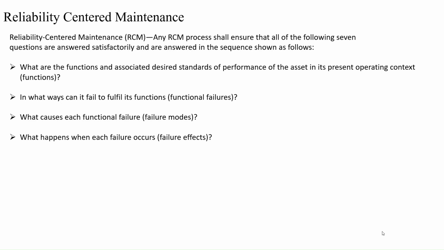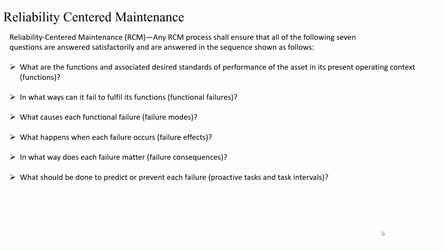What happens when each failure occurs? Failure effects. Or how it will be observed. In what way does each failure matter? Failure consequences. To determine the magnitude of the likely risk. What should be done to predict or prevent each failure? Proactive tasks and task intervals. To work out preventive and predictive tasks at failure mode level. What should be done if a suitable proactive task cannot be found? Default actions. Before we start with actual RCM process, it is vital to set the levels of analysis and other